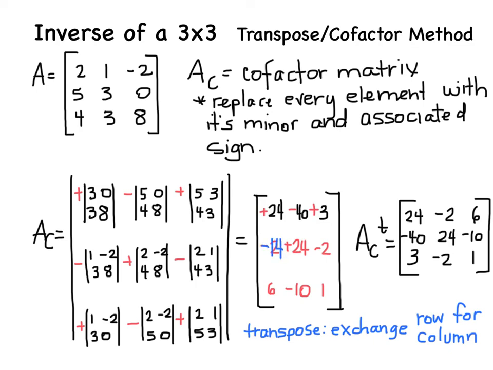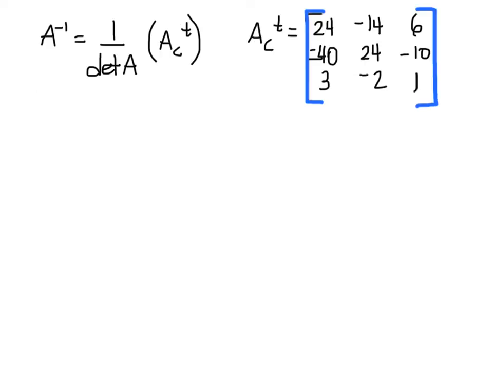I'm going to change it in my A sub C transpose. This should be this one right here, because the second row becomes the second column, so that negative 14 goes up top here. So that should be a negative 14. Sorry about that. All right, so to find the inverse of A, if it's a 3 by 3, I still